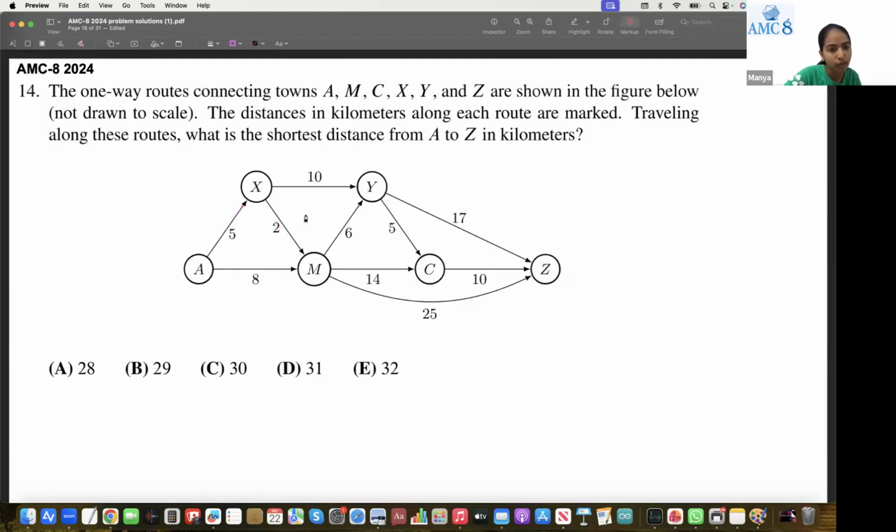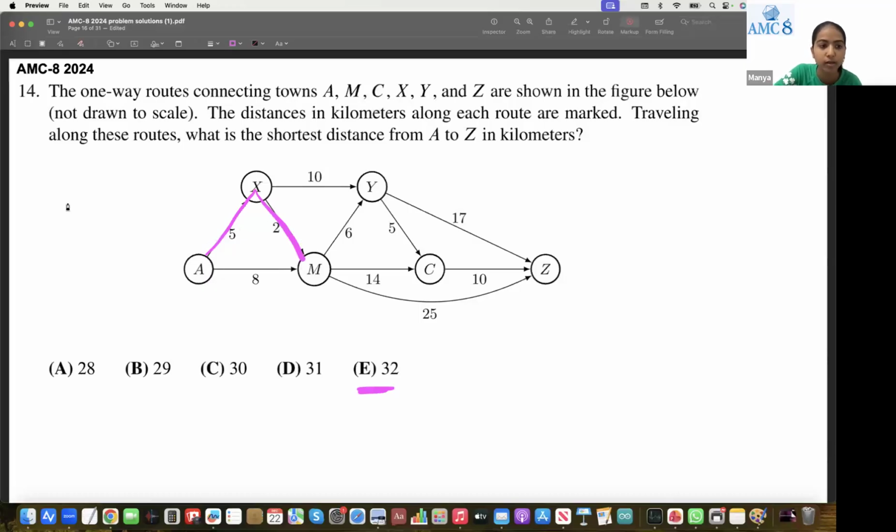Or another way could be, how about we can just skip past M and go this way, which would be 15. 15 plus 17 would be giving us 32. So 32 is there, but we see that 32 is one of the longest ways possible. But we want the shortest distance, not the longest, so we can stick back to our AXM, which is